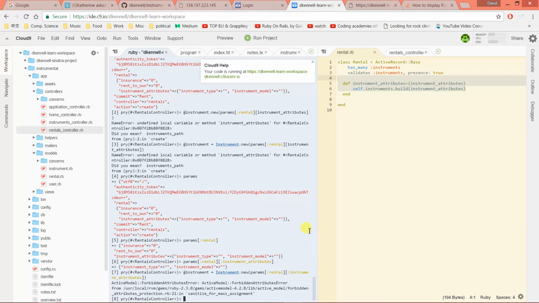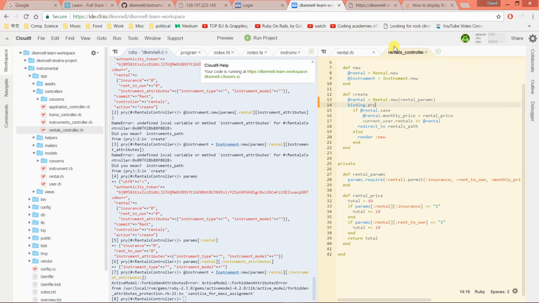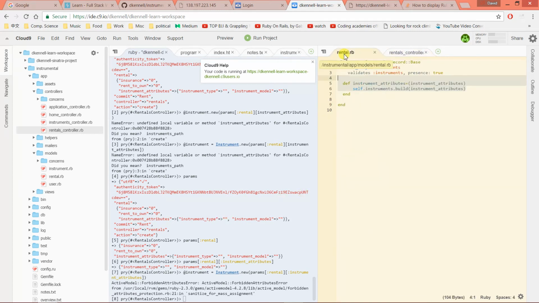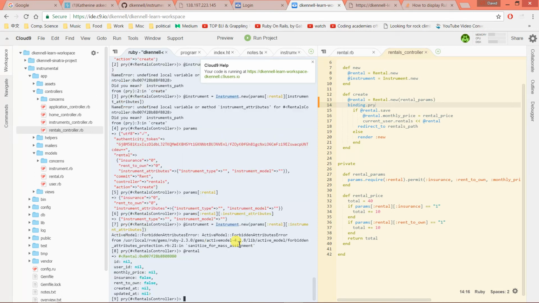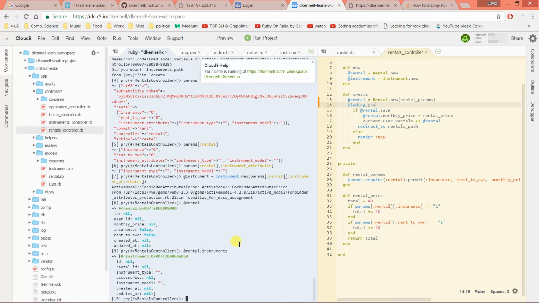Okay, so I can't actually do that because they're forbidden. So maybe what I need to do is just work within this rental that's just been created. That's exactly what I've got to do. Okay, yeah, we just got that one. So instrument is equal to